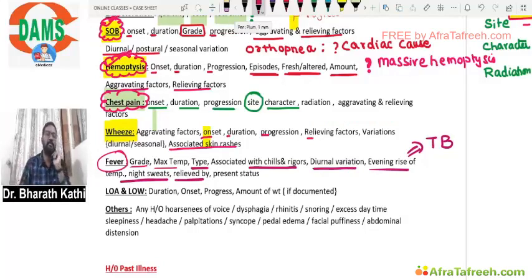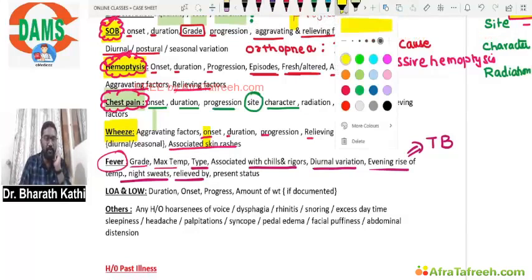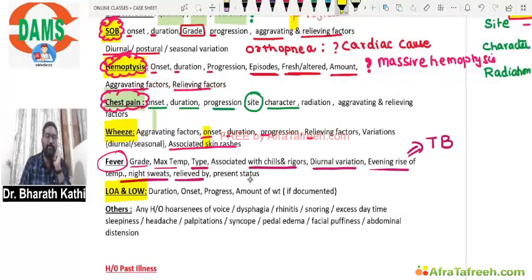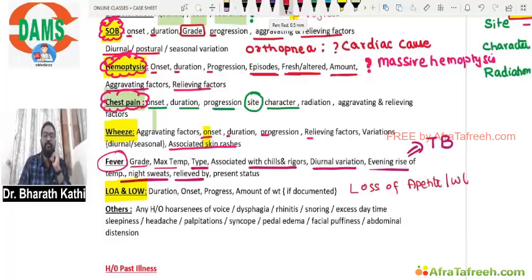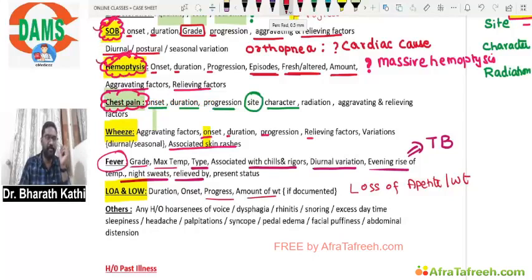Then in respiratory disease you should also ask about the history of loss of appetite and loss of weight. If you are able to document, you can document from how many days, what the progress is, and how much weight he might have lost. And as I told you, apart from the cardinal symptoms, shortness of breath, hemoptysis, chest pain, and wheeze,